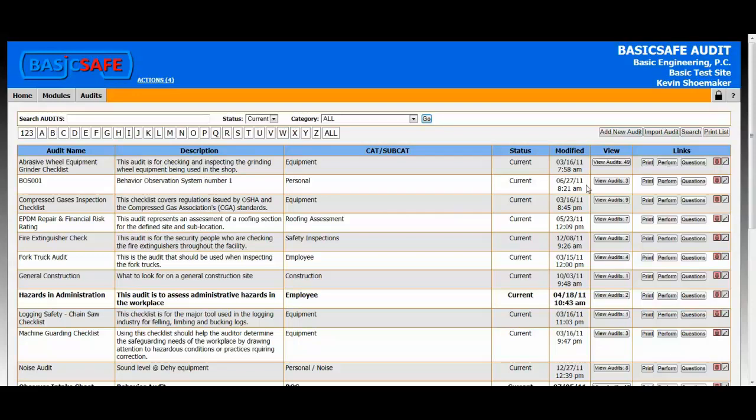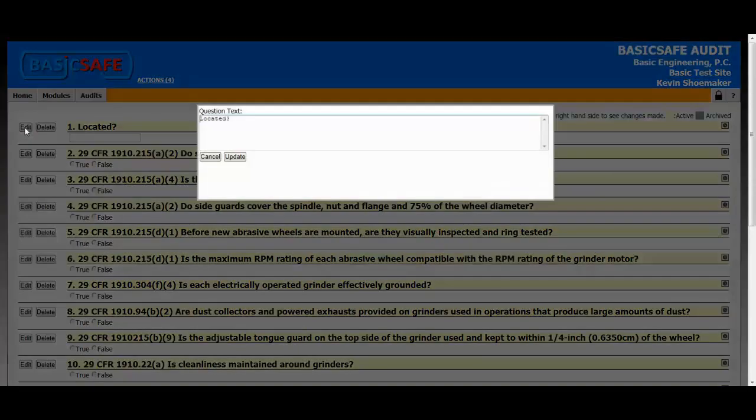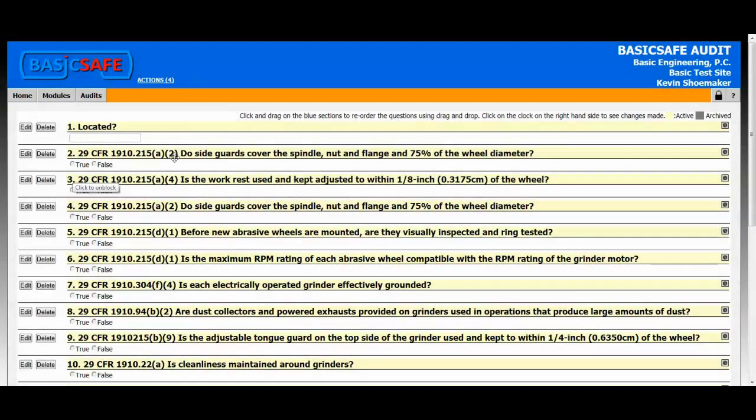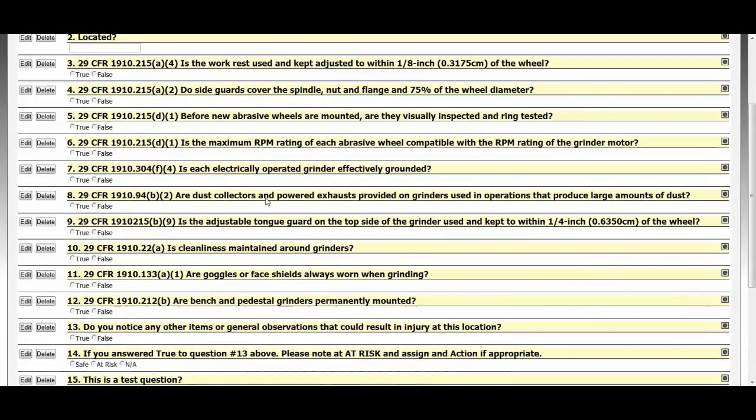Just go into one of them that's created. You can do it for fire extinguisher checks. You can go in and do it for any of the various checklists that are available out there on the audit, or excuse me, on the OSHA website. You can modify these questions. You can move them. You can add, if you go down to the very bottom, it allows you to add